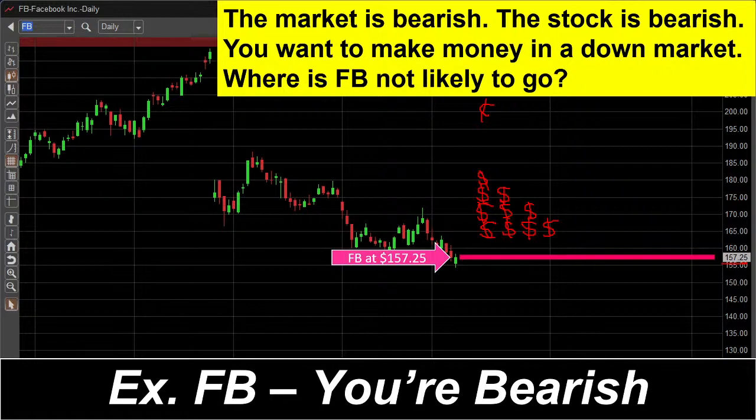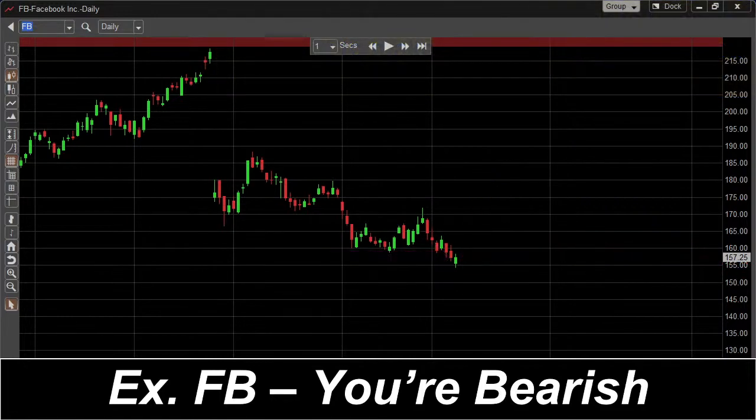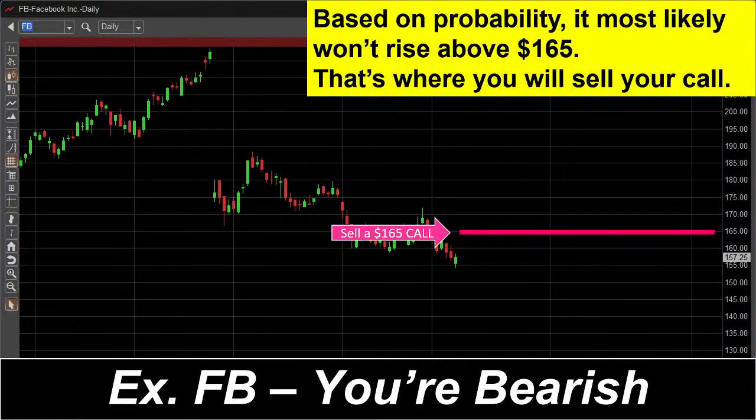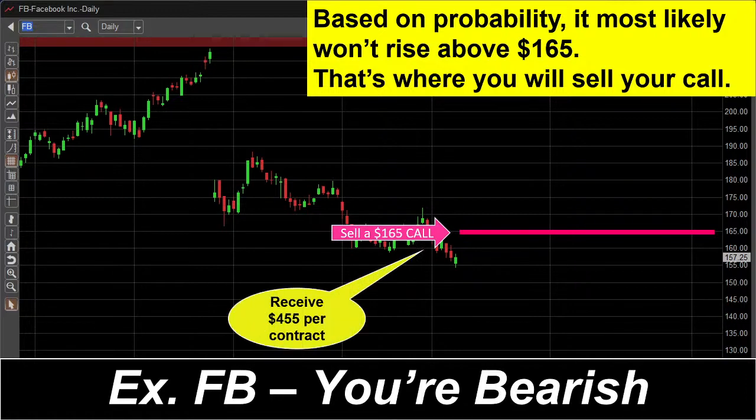So let's take a look at how we can set one of these up. We look at probability. It's something your broker would show as well. We used a nice balancing act, and we said, all right, it most likely won't rise above 165. That's where you would sell the call. Now, as I said, you're going to receive money. Remember, I drew out $4 worth,